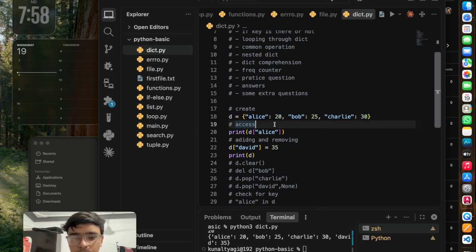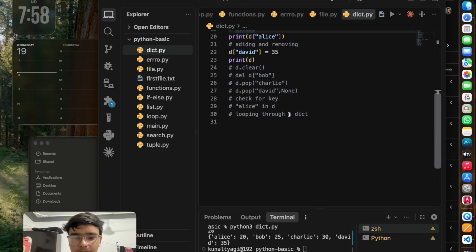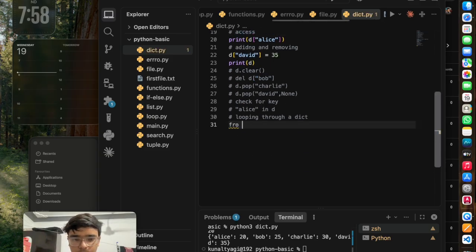So how can you write it? First we are going to see how we can loop through both of these values. So first we are going to take a for loop. We are taking two variables, key, value, in d dot items.